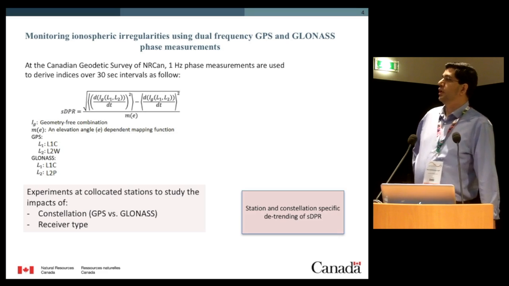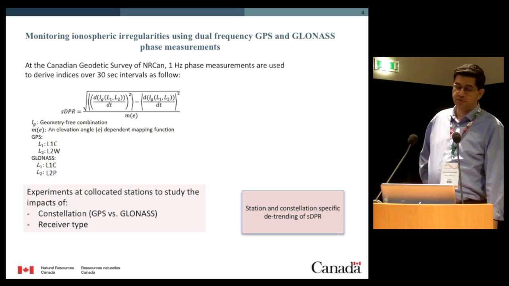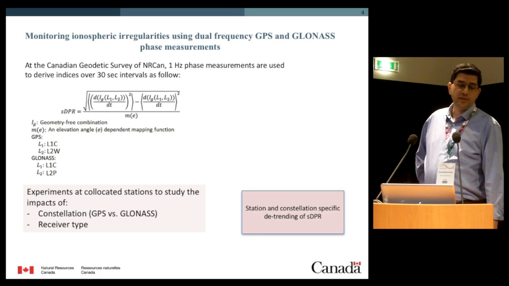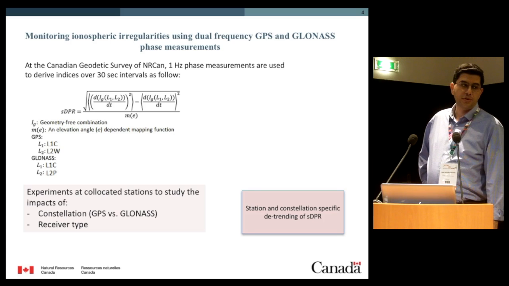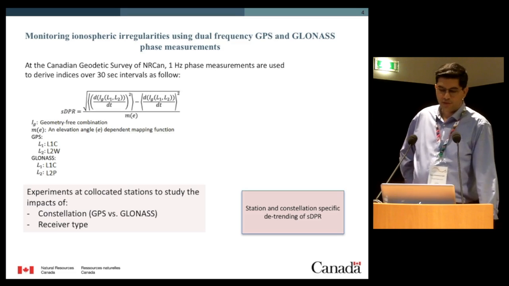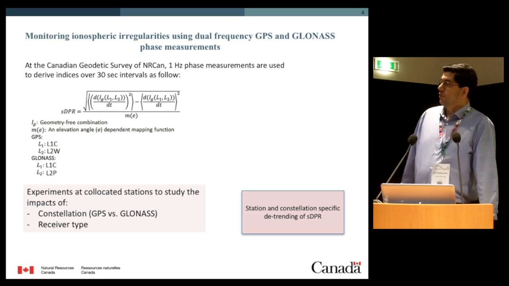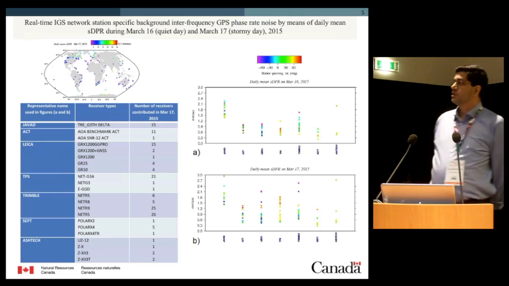I'll shortly go through the impact that different receiver categories, and also GPS versus GLONASS constellation, have on the effect, and the things that we consider at the Canadian Geodetic Survey for detrending these values before interpreting them as an ionospheric irregularity, so that we don't make a mistake with something which is not related to the ionosphere, but is a kind of receiver-dependent background phase noise or constellation-dependent, as we will see shortly. But before talking about the combination of 2 constellations, this is